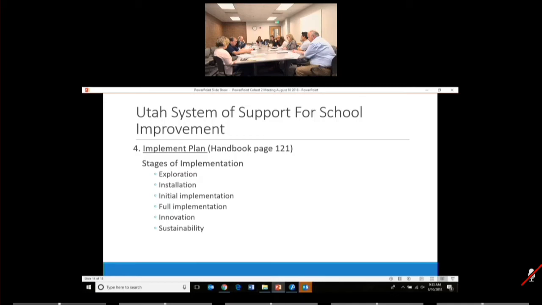These are parts of the implementation science that, as you know, this step is really where the rubber hits the road. You can make the most fabulous plan in the world, but if you don't implement it correctly, then it really is not going to gain traction. So this step is also pretty critical. And if anybody has any comments about that,